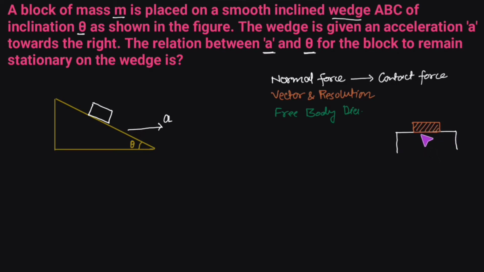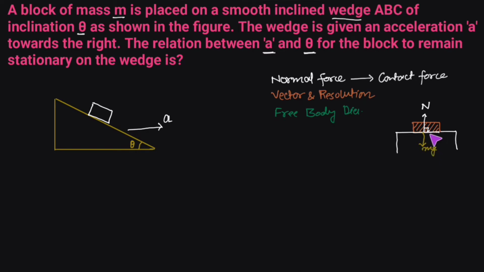Because the table is applying a force on the object. The two surfaces, table and book, are in contact. At the point of contact there would be a contact force. This contact force can be in any direction, but its component which is perpendicular to the surface of contact is called normal force. This is the normal force, and this balances the weight of the object, and because of this the object does not penetrate through the table.